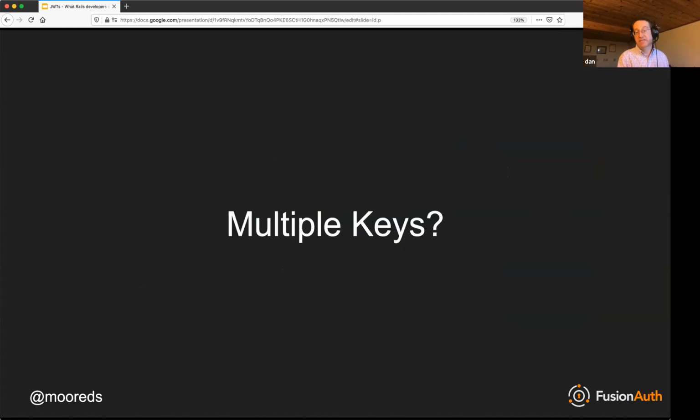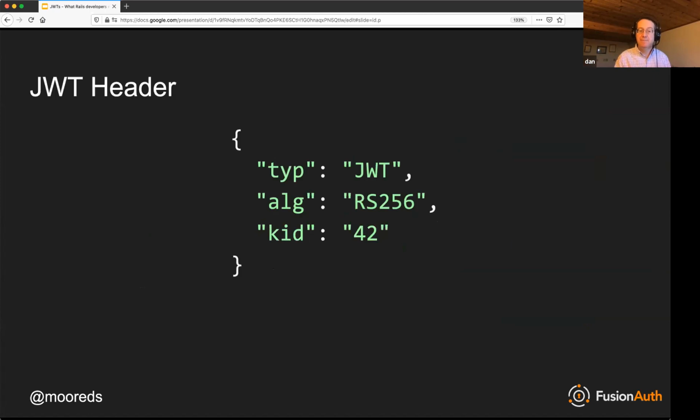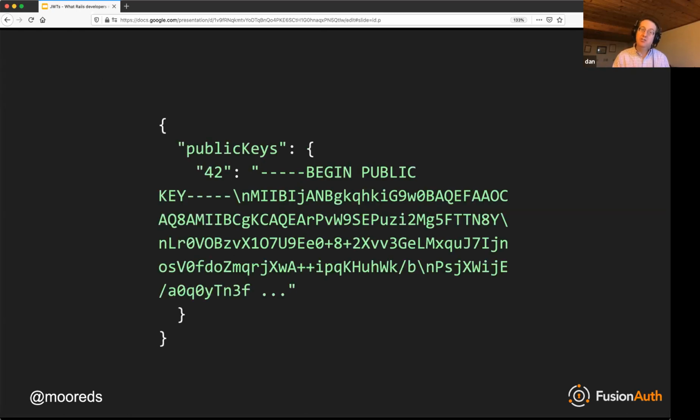If you have more than one key, which you may want to, this is another way of segmenting things and doing the principle of least privilege. You can segment via audience, but you can also segment via key. In that case, you just pass a key ID as part of the JWT header, and then the consuming API, the ToDo API in our use case, will just have to find the right public key to verify that signature.